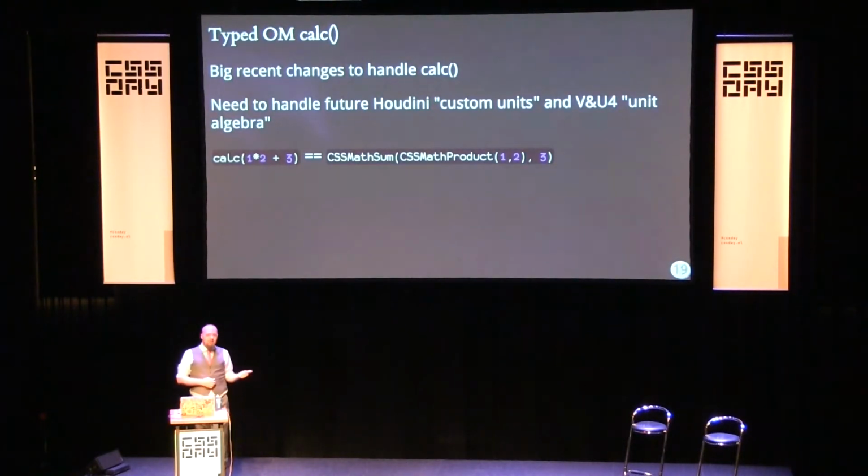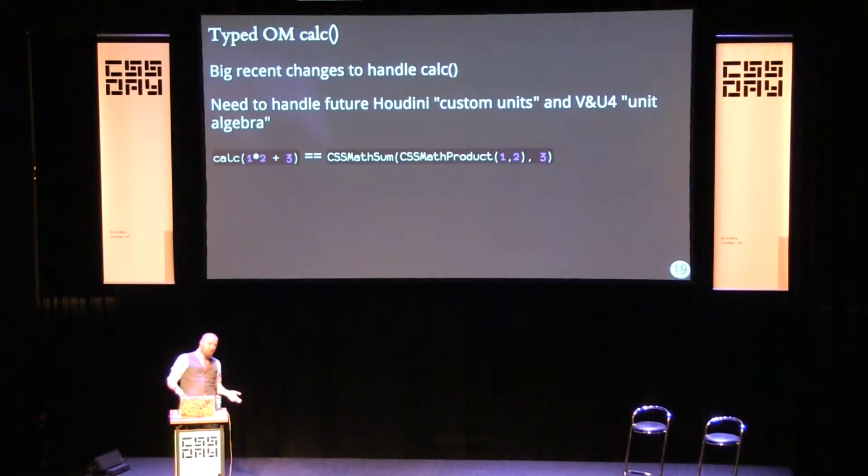In the next level of values and units, we're also going to have unit algebra. That is dividing values with units or multiplying values with units together. This is especially useful to find out ratios of things. You want the ratio of a certain length to the width of the screen. You can say 100 pixels divided by 100 vw, and that gives you a ratio you can then use in other stuff. Not possible today, will be possible in the future, and we needed to make sure our design accommodated those.